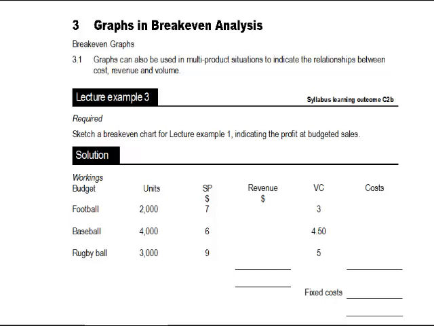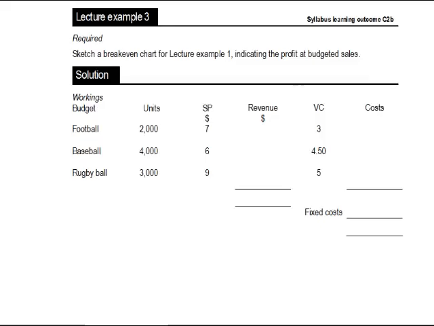Now in the exam you're not going to have to draw a break-even graph right from scratch, but you may be asked to interpret or to put labels or indicate areas on a graph. So to actually draw one from scratch is a really good way of getting to grips with that. So we're going to look at that in lecture example 3. We're going to put together a break-even chart for the detail that we had in lecture example 1 about the footballs, the baseballs and the rugby balls. What we've got are some partially completed workings, and we're going to finish those off